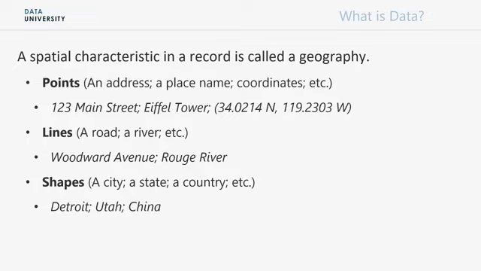There are some characteristics in data records that can't easily be captured with numbers or text in a table. One such example is a spatial characteristic, also called a geography. This data characteristic describes particular places that might also be represented on a map. Spatial characteristics or geographies include points such as an address, a place name or coordinates, lines such as a river or road, for example Woodward Avenue or the Rouge River, and shapes, which might represent the boundaries of a city,